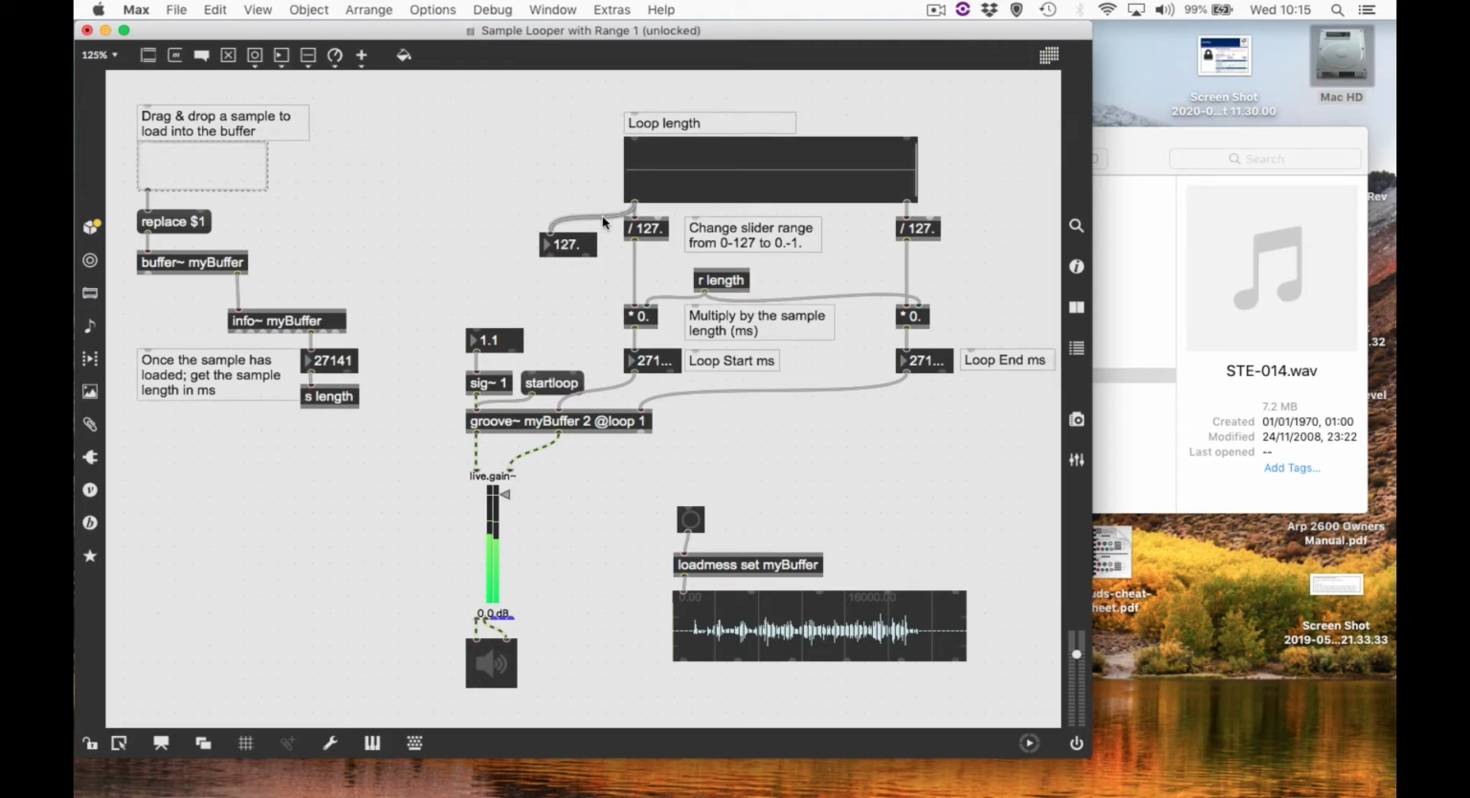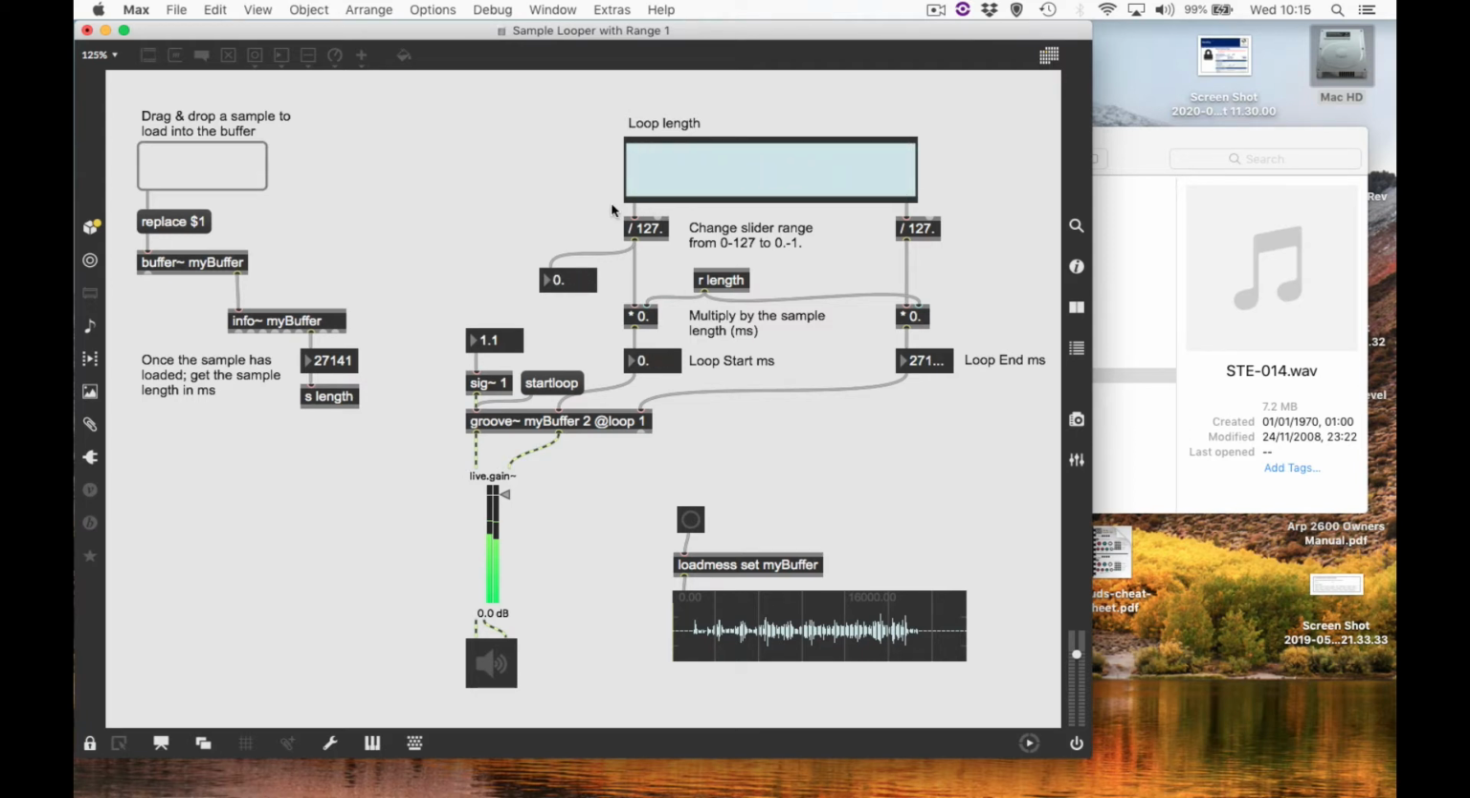Now if we divide it by 127, simple maths shows us that that gives us a value range of 1, if I get it right on the edge, down to 0. Why do we do that? Well,